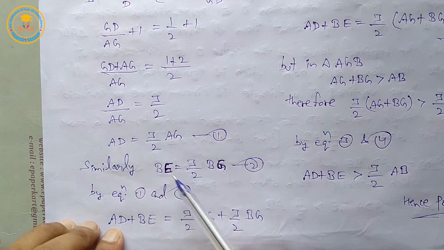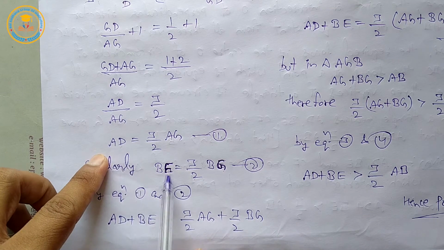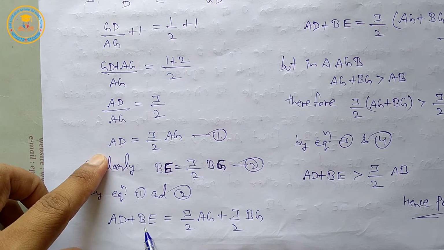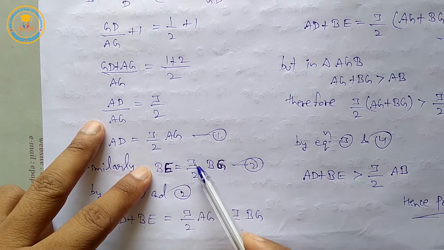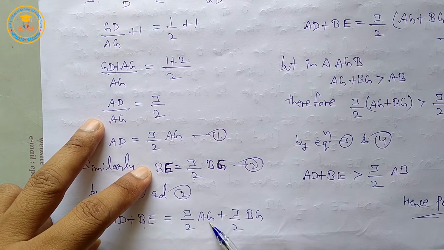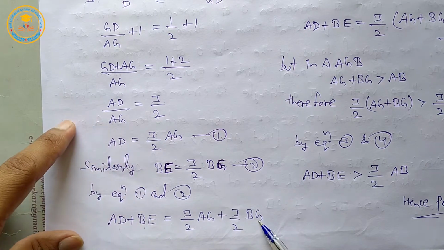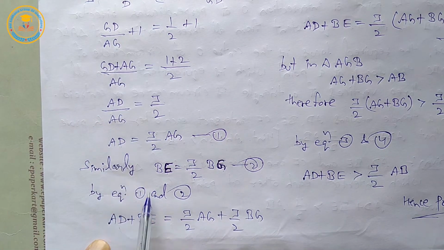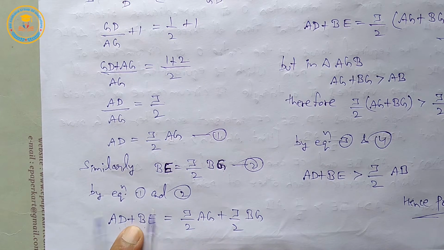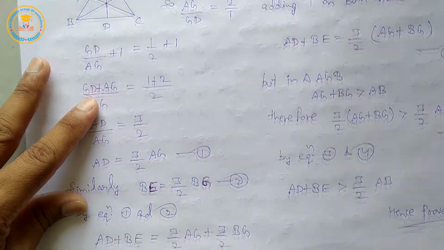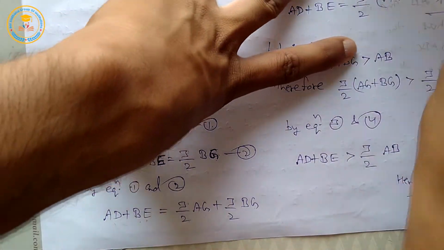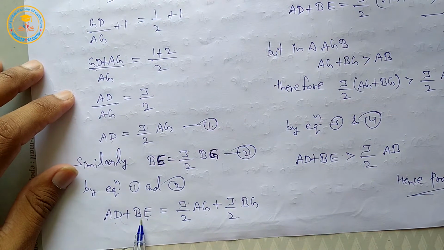Now here, the left hand side AD plus BE stays as it is. On the right hand side, 3 by 2 is the common part, so taking 3 by 2 common, the remaining part is AG plus BG. This is equation number